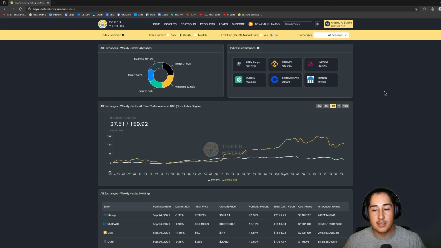And I do lastly just want to touch on the time horizon updates. On the daily, it's obviously going to rebalance every single day. On the weekly, it's going to rebalance every Monday around 3 p.m. Eastern. And then on the monthly, it'll just update at the start of every month around 3 p.m. Eastern as well. So let's go on